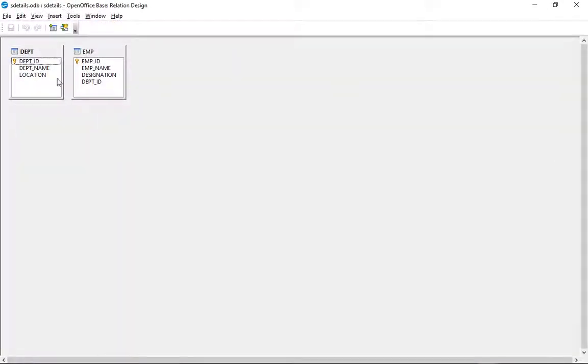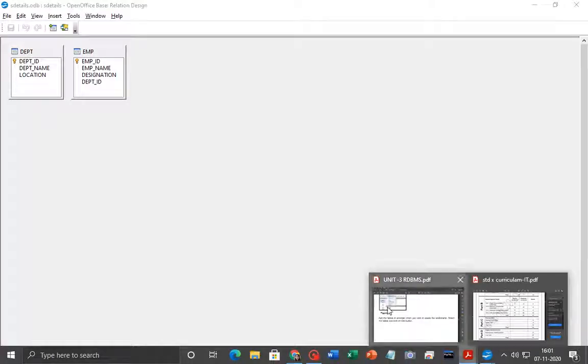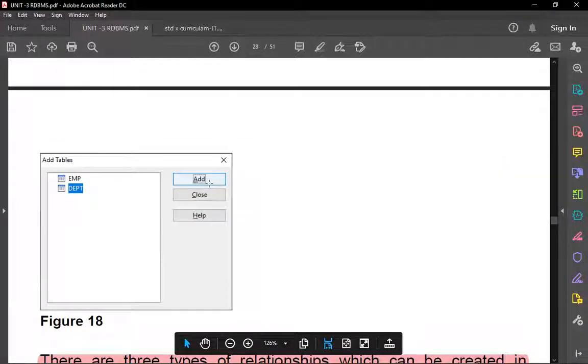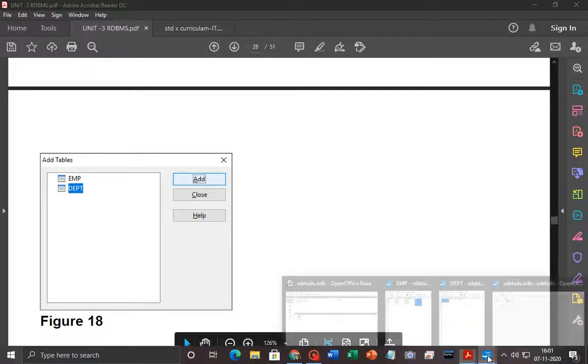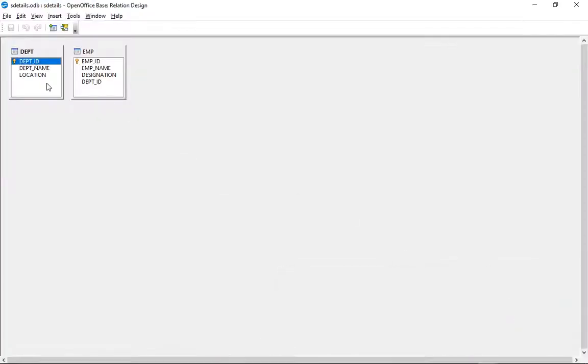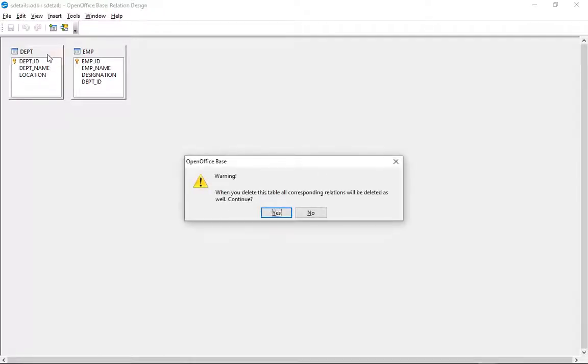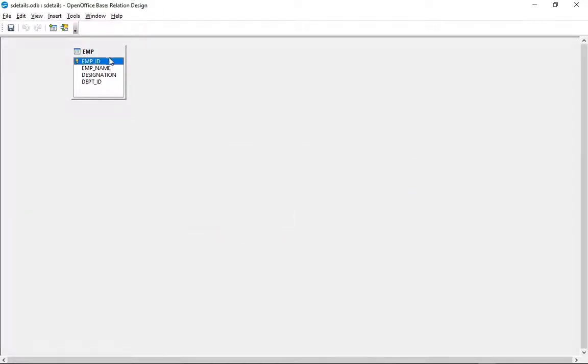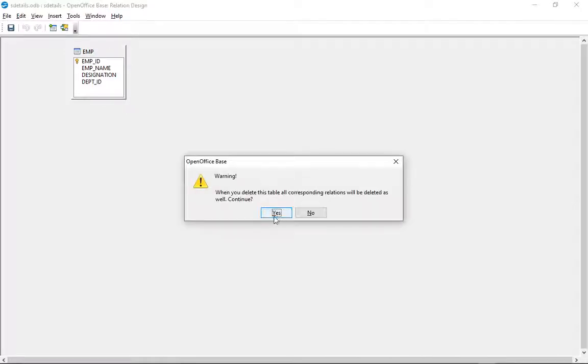So I already entered these two tables. I already did something before. Okay, so we have these two tables, and in both tables we have a primary key. So what next? We already added them like this. Next, if we want to do it again, I can just remove these two. Delete. I'm deleting this and we are going to start again.